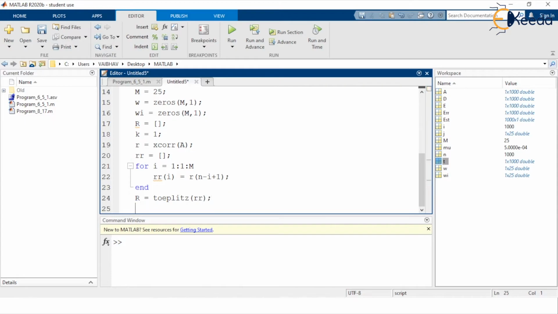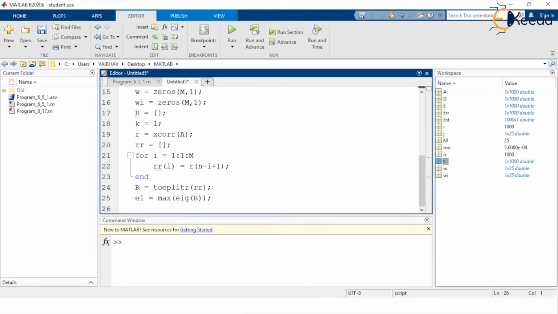Next to that we require EI as a variable to hold the maximum value of the eigenvalues here. So inside the bracket we provide EIG of the above Toeplitz matrix denoted by capital R here, and there shall be the variable u representing the information 1 divided by ei here.